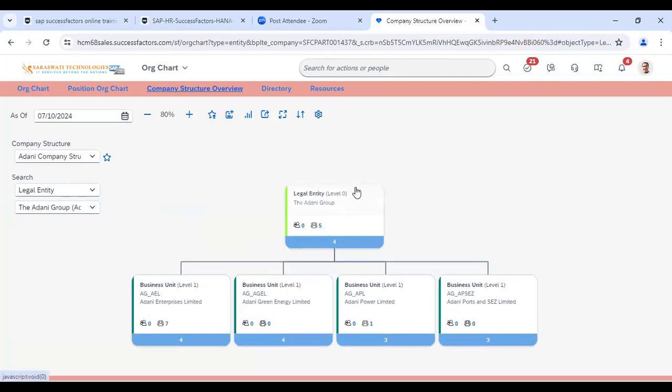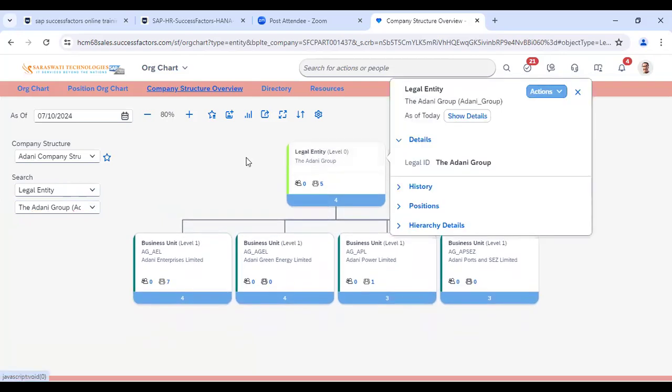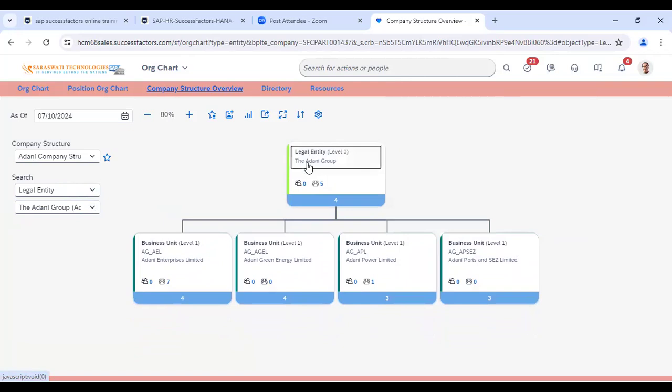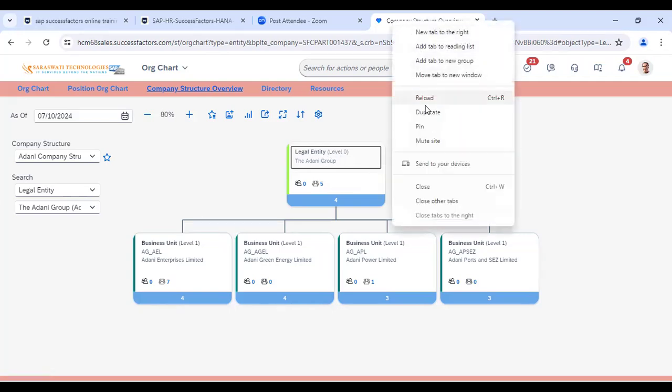So you can see here, as I've explained, legal entity is basically the company code of any, for example, employee. This is the company code. The employee belongs to this company code. Okay, that is, the Adani Group is the company code for that person. And basically this legal entity has only one company country. Okay, that you can see from